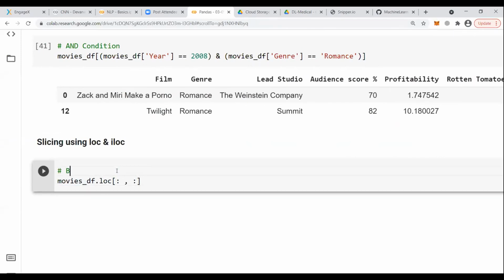Before the comma slices rows, and after the comma is for slicing columns. In short, we want to select a specific range of rows and a specific range of columns.